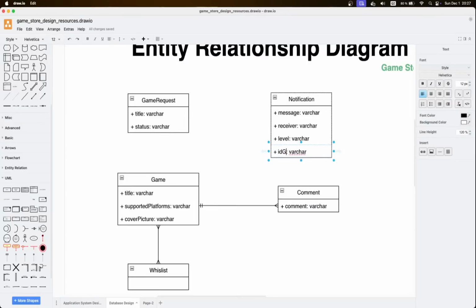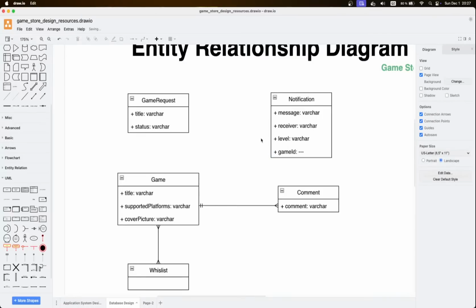So here, for example, I can have a game ID. I don't care what the type is, so just put it like this. So we will have only the ID, but without creating the relationship. All right, because first, it might complicate the diagram too much. Second, it will create a relationship, and when I need, for example, to query something, I have a lot of